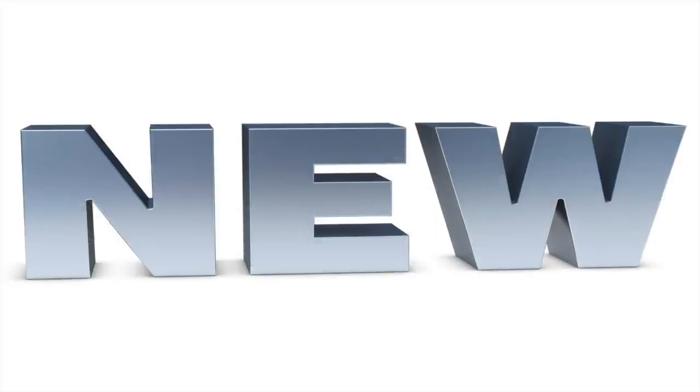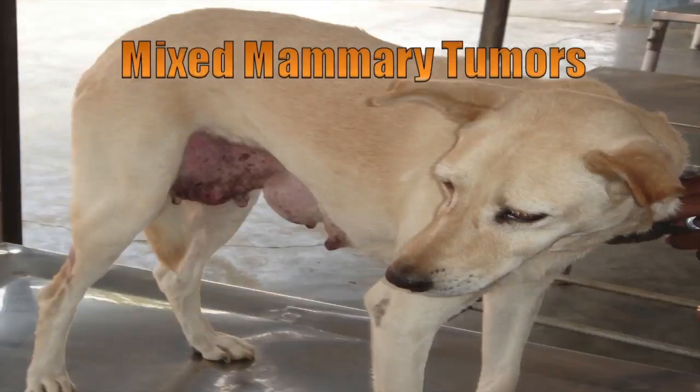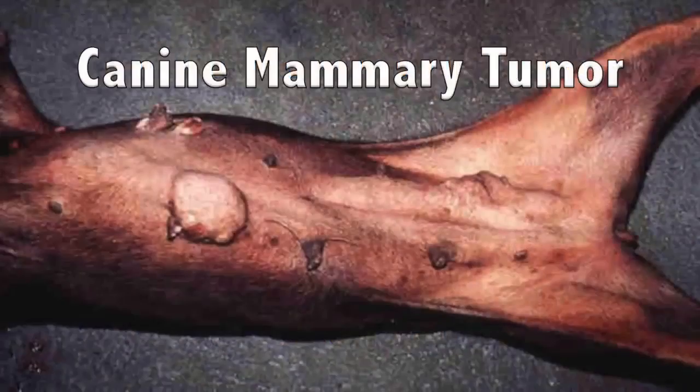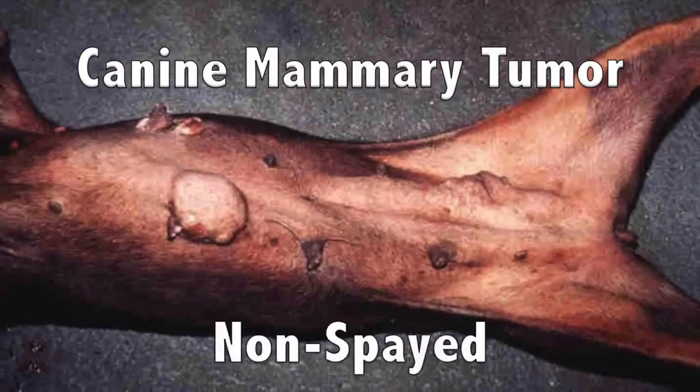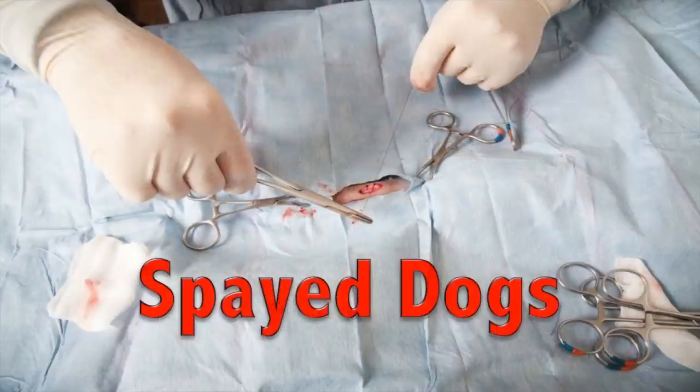Today, we want to introduce a new product that is a fully USDA-approved biological immunotherapeutic agent for the treatment of mixed mammary tumors and mammary adenocarcinomas in dogs. A mammary tumor is a tumor originating in the mammary gland. It is a common finding in older female dogs that are not spayed, but they are not just limited to non-spayed females. However, unspayed females have a 7 times greater risk of developing mammary neoplasia than do those that are